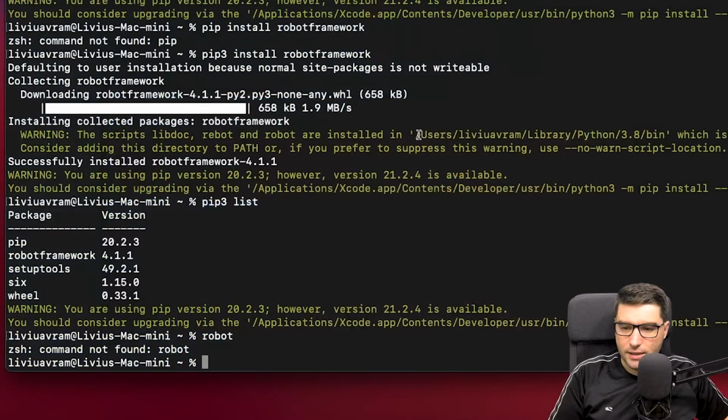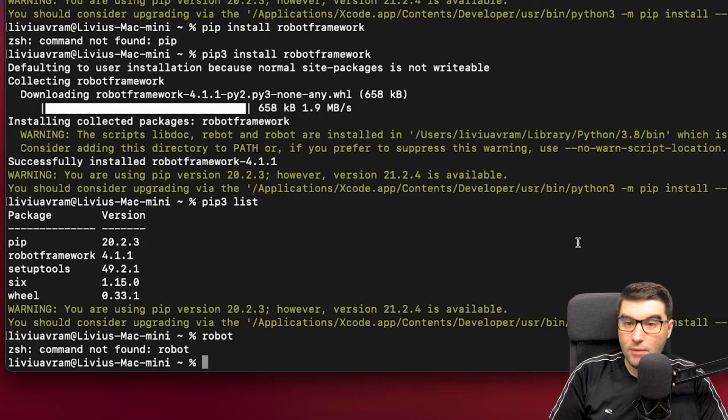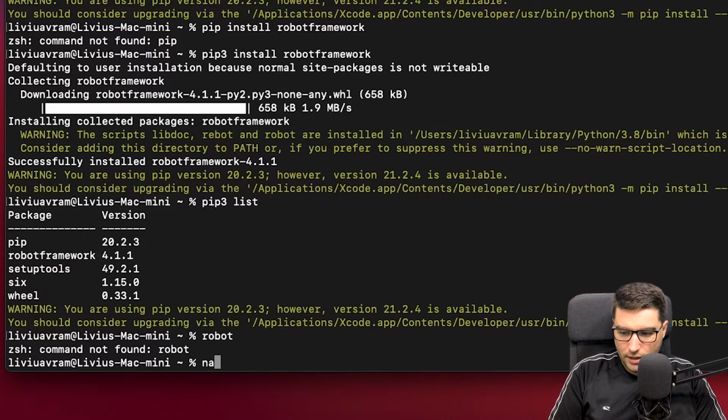So this is the first step into configuring your Mac, is to create your own profile file in order to use it for the paths you want to add. So I will be copying this. I will say copy, and now I will create my own profile file. I'm in a ZSH type of terminal, so I will say nano .zsh_profile.